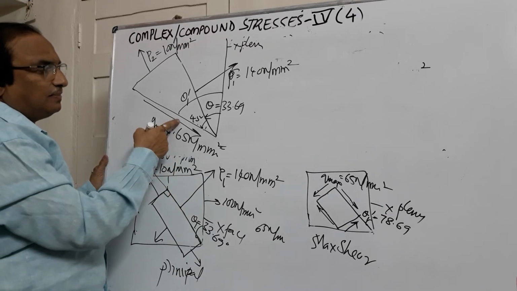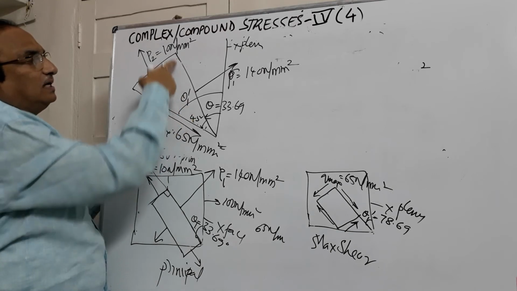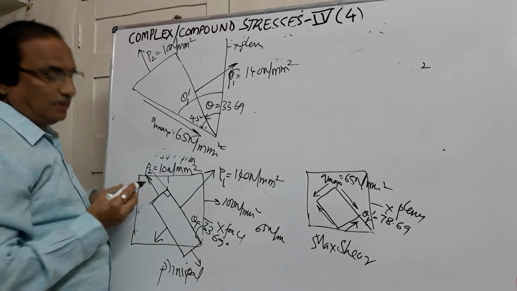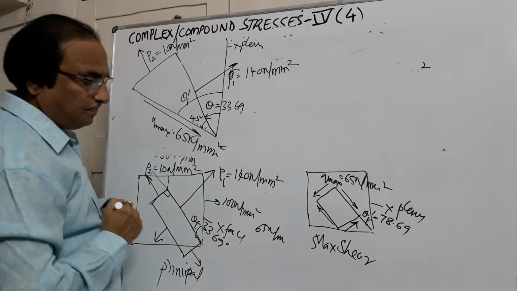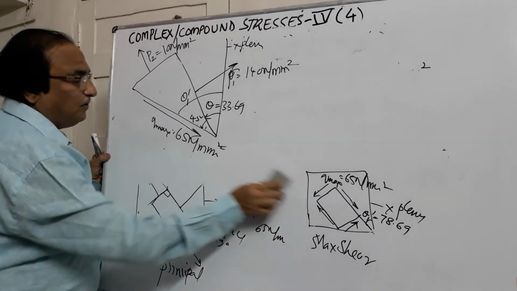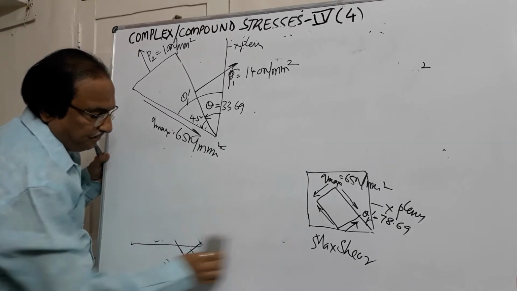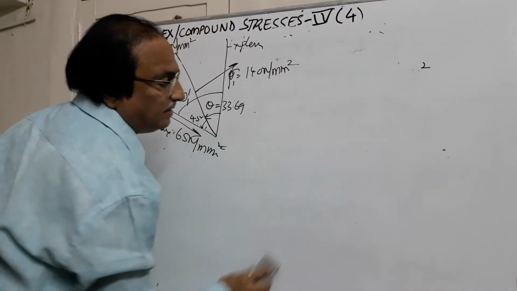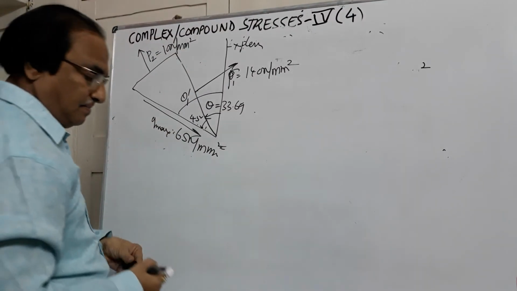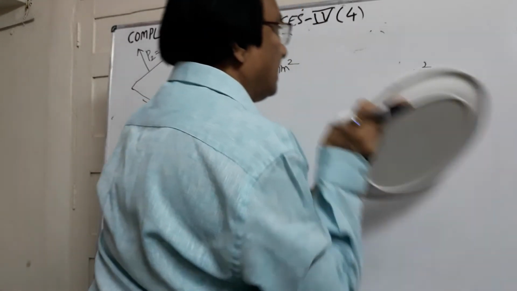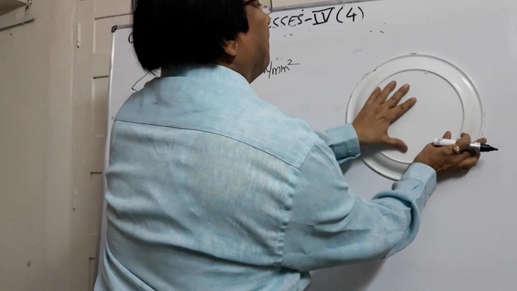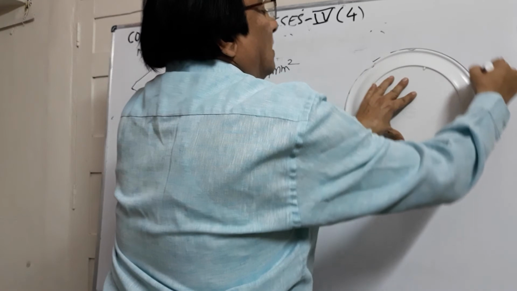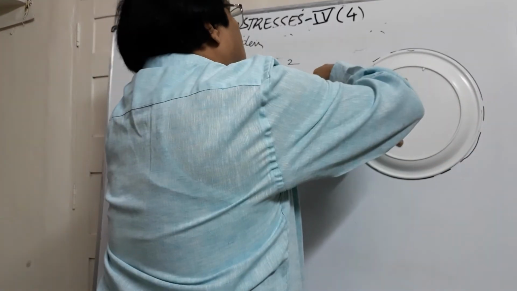Shear, you always remember, it is at an angle of 45 degrees with the major principal plane. So this is one type of problem which you come across. We have drawn this analytically. Same problem if I attempt graphically by drawing Mohr circle diagram. So if I go for Mohr circle diagram, just roughly I will be drawing a circle here. This will come later.